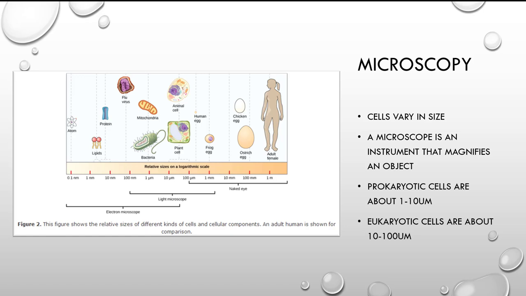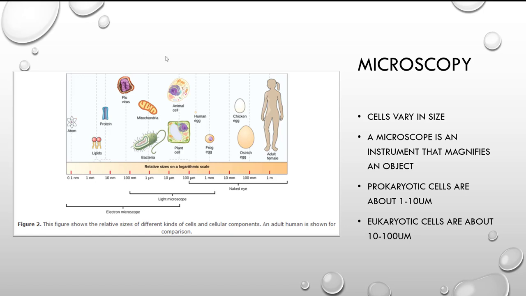I think the actual largest cell is a neuron found in a blue whale. I think it's about 6 meters in length. So it's really long, okay? That's a long neuron, about the size of a school bus, and that's one single cell. So some cells you can see without a microscope, but for most cells you have to use a